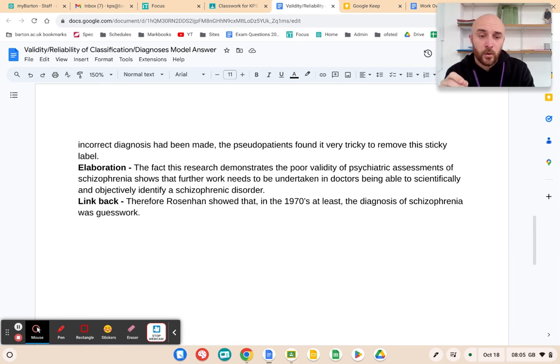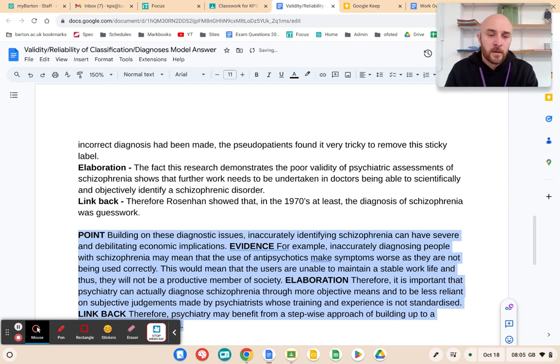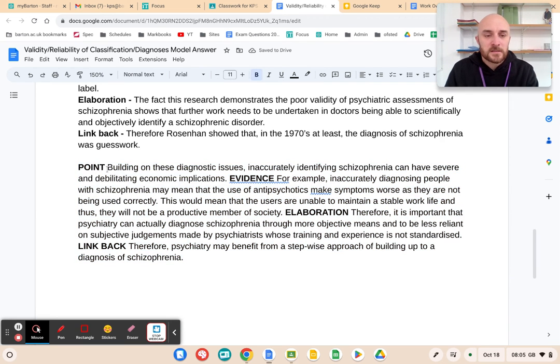So, second point is this. And start doing this as well. Start highlighting, start linking your PEELs together. Don't just go, one strength is, one weakness is, one strength is. That's boring, it's formulaic, it's basic, basically, right? Now link your points together.